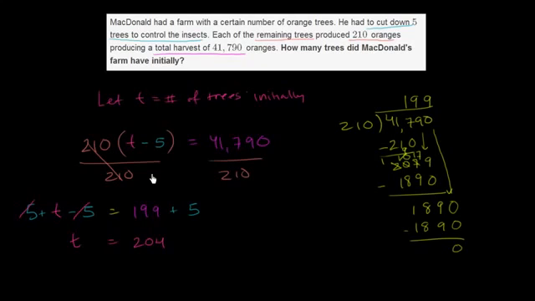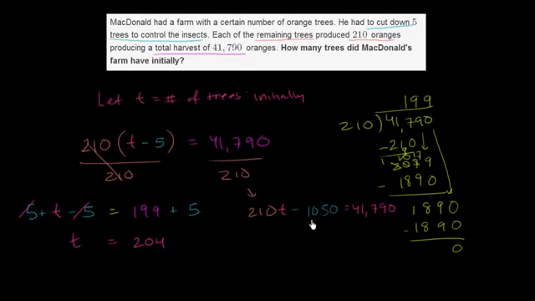Now I told you there's multiple ways to do this. Instead of dividing both sides by 210, you could have decided to distribute the 210. And then you would have ended up with, let me do another alternate way of doing it, 210 times T minus 5 times 210. Actually, let me just multiply it out, so we save some space. 5 times 210 is 1,050. Minus 1,050 is equal to